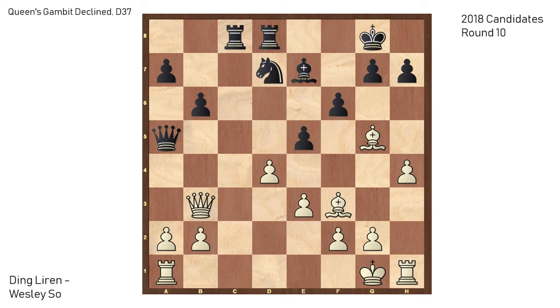And after queen to b3, if the king goes to f8, then bishop to h5. Black isn't able to capture the bishop on g5 because he would hang mate on f7, a mate in one move. So after g6 covering the check, just bishop to h6 check, and White is almost completely winning. So after bishop to g5, it's